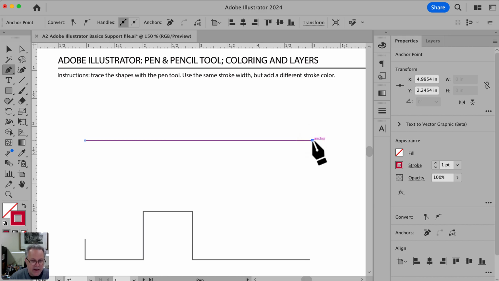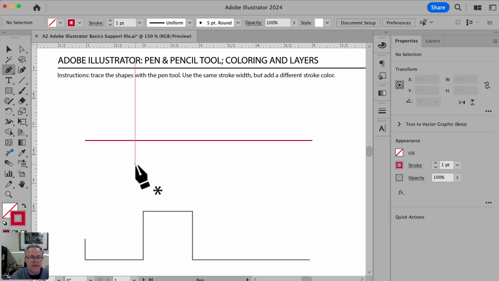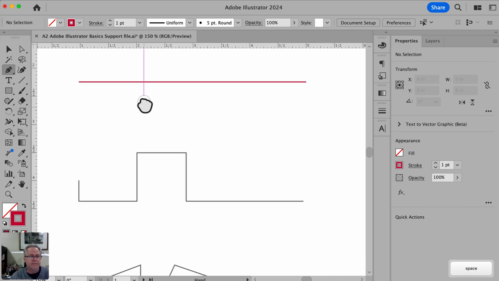And then the shortcut is to temporarily go to the selection tool. To temporarily do that on a PC, you're going to hold the Control key, which takes you to one of those 2 selection tools, and it does the same thing. We just want to deselect. We want to click away to deselect it, and then I'm going to release that, and we're back to the pen tool. So it's Control key on a PC, Command on a Mac, that will get you where you want to go. Okay,